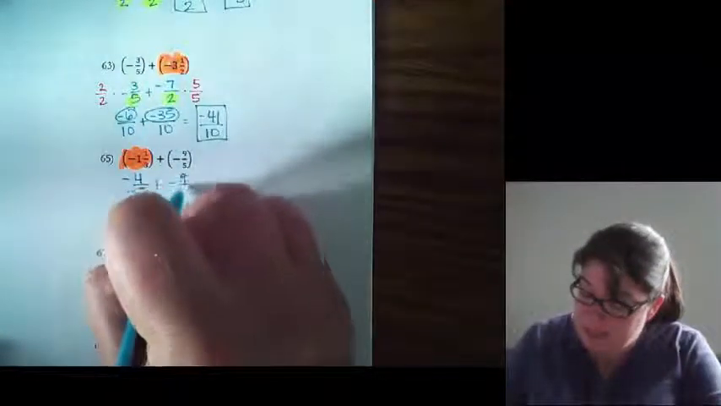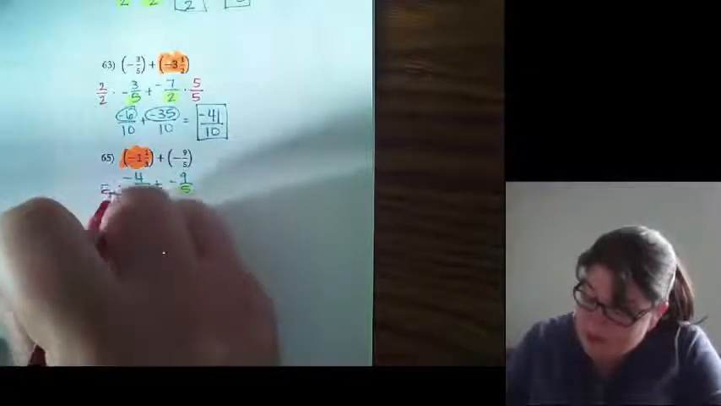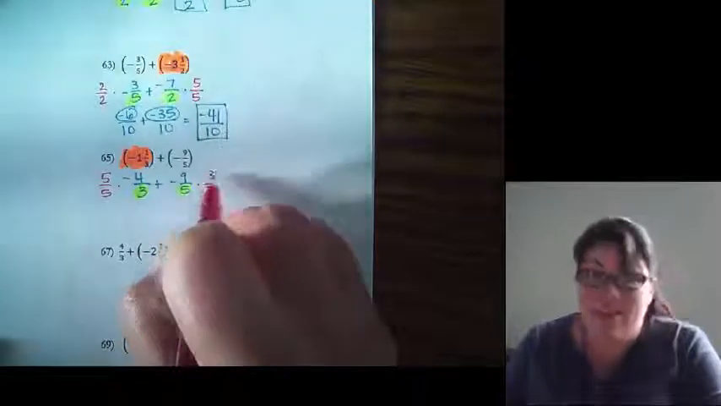65. Mixed number. Denominator times the whole number, so 3 times 1 is 3, plus 1 is 4. Keep the 3, and it's a negative. This one's going to stay the same. Now, my denominators are not the same. What common denominator can I use for 3 and 5? 15. So if I want 15, on this side I'm going to have to multiply by 5. And on this side I'm going to have to multiply by 3, because I'm trying to get this 15, this